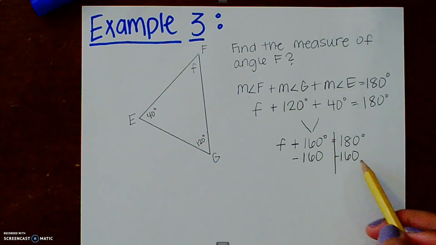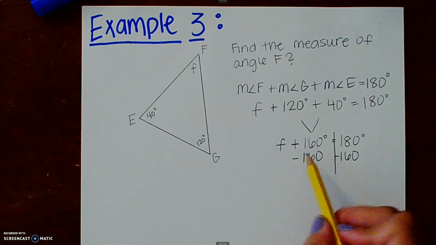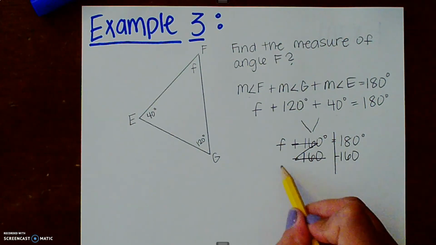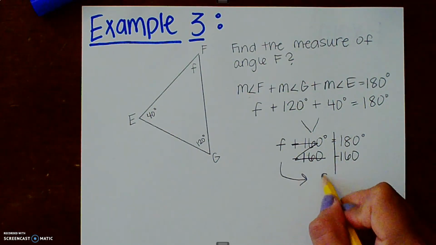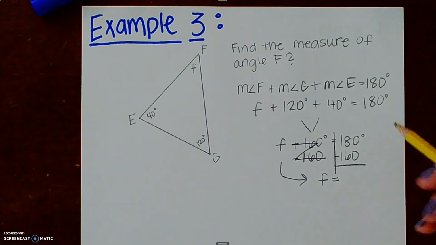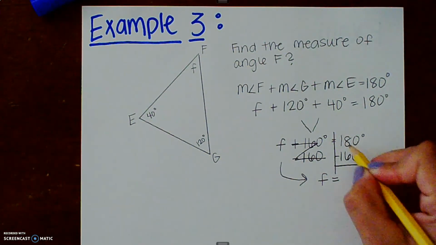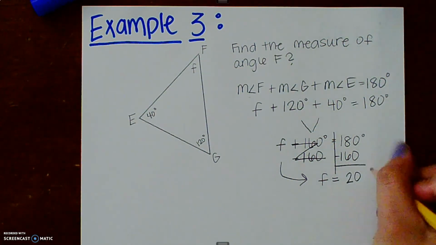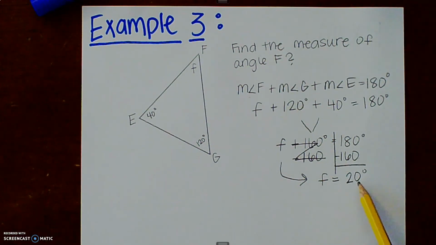Remember, make sure you're doing it to both sides to keep your equation balanced. This becomes 0 pairs, so then this F is left by itself, and you can bring it down here. F equals, and then we just do the subtraction. 0 minus 0, 8 minus 6 is 2, and 1 minus 1 is 0. So the measure of angle F